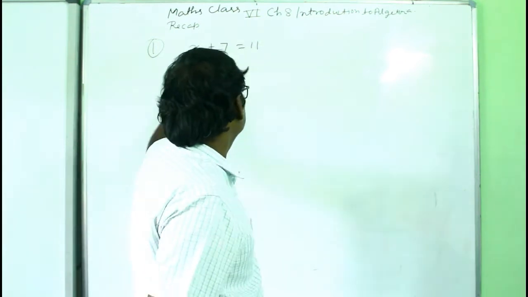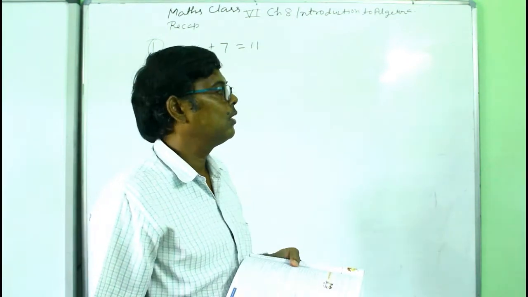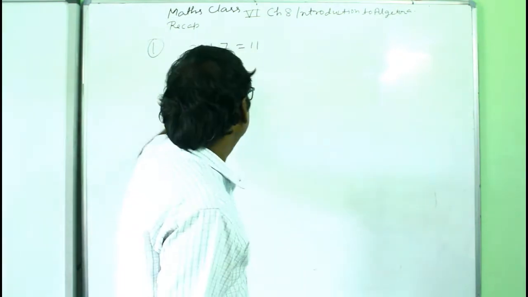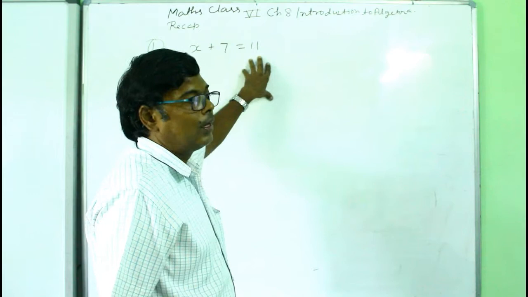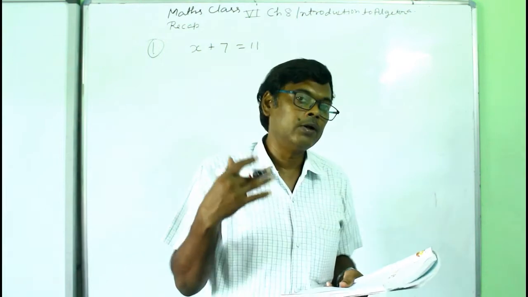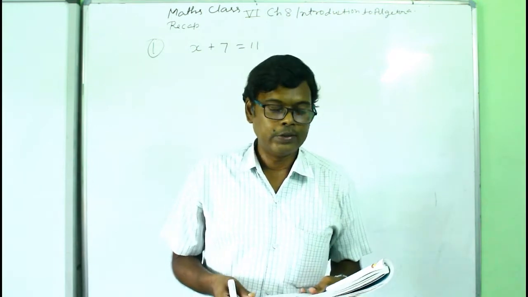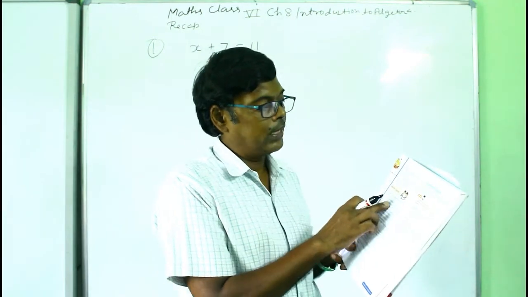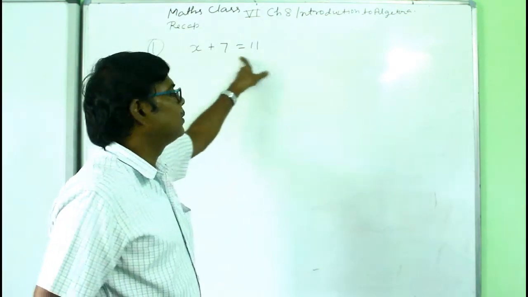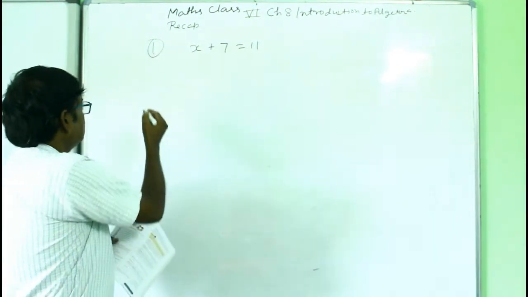So here the statement, if you convert this sentence into this mathematical language then it will be x plus 7 equal to 11. अब यहाँ पर, okay, here it is x plus 7 equal to 11 and you can say this statement in our speaking language or the communicating language, that what should be added to 7 to get 11. तो यहाँ पर जो लिखा हुआ है what should be added to 7 to get 11, we can represent this sentence with these simple symbols. Okay, x plus 7 equal to 11.